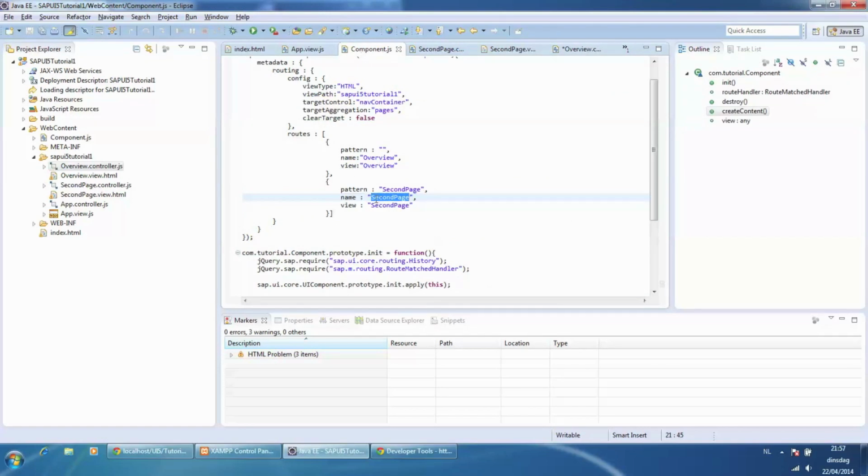For the navigation, we use the name of the route, which is in our case the same name as the view.